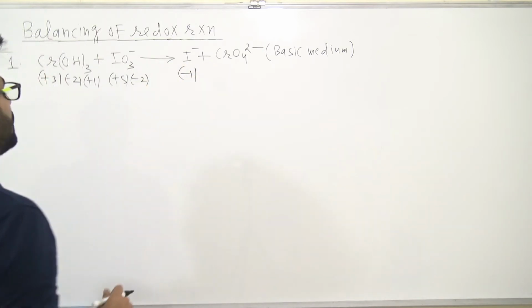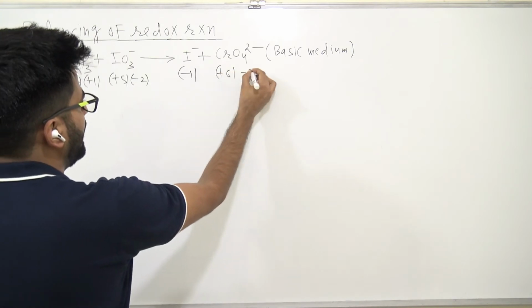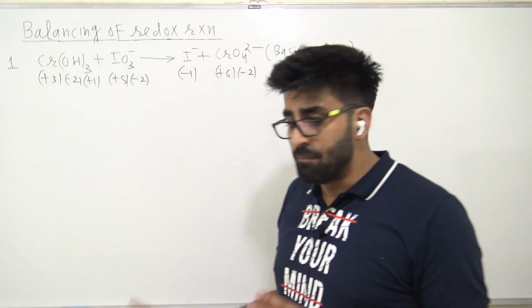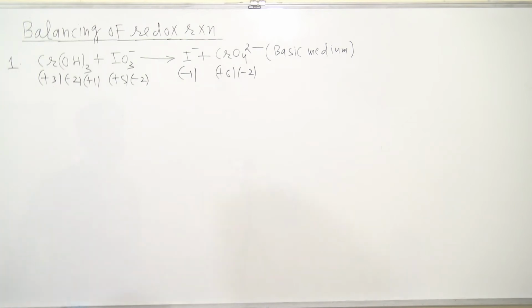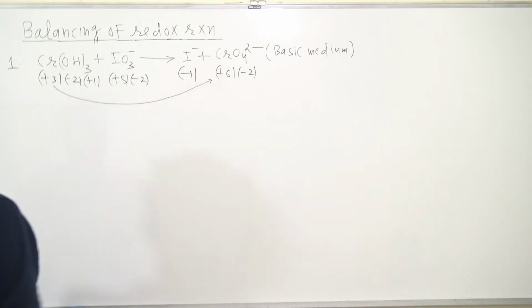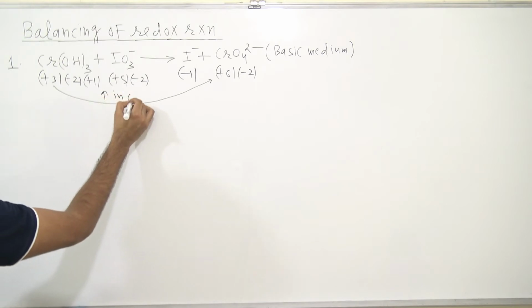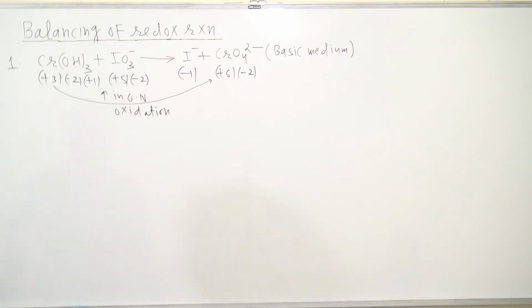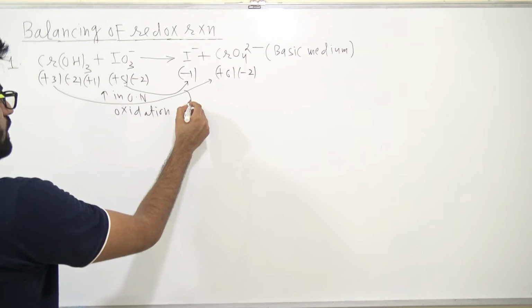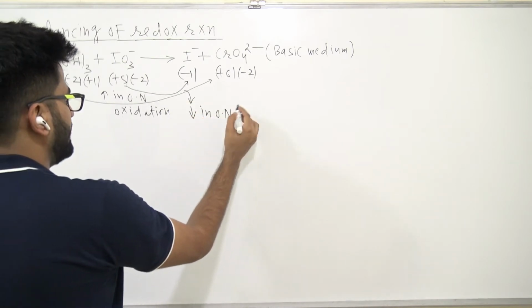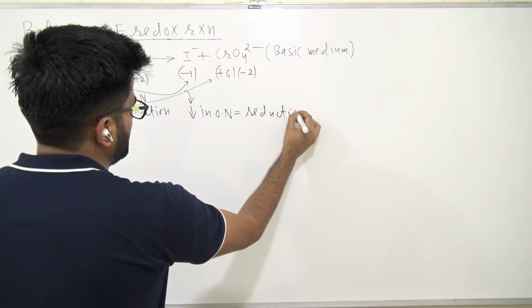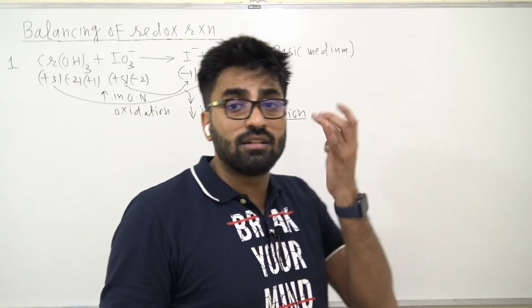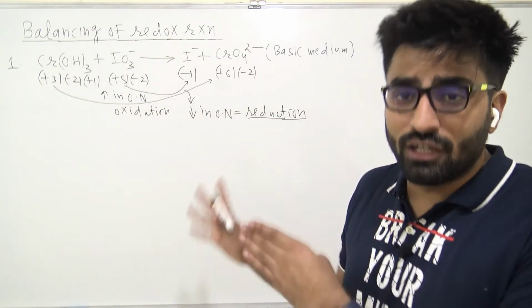Now chromium will come out to be, guys, -8 +2 +6 and -2. So first of all, we need to calculate the oxidation number of each and every element, and that is what we have done. Now check who's undergoing oxidation, who's undergoing reduction. The same method. Chromium is going from +3 to +6, an increase in oxidation number, so chromium is undergoing oxidation. What about iodine? Iodine is changing from +5 to -1, so that is a decrease in oxidation number, and you guys know very well that would be reduction, right? So both oxidation and reduction take place simultaneously. So the given reaction is redox, right?